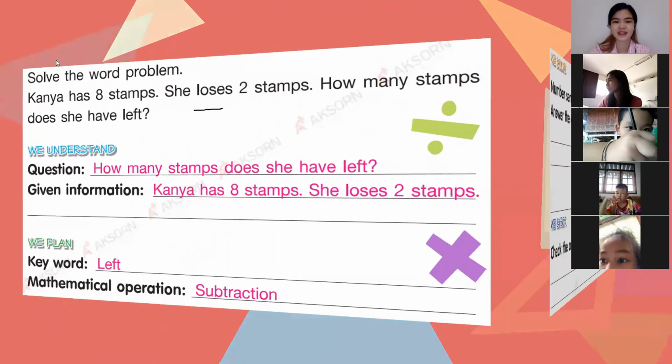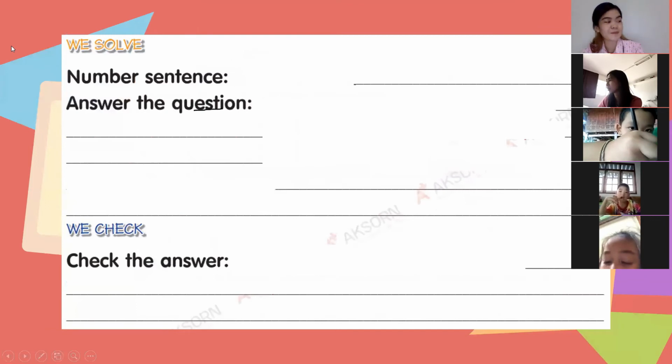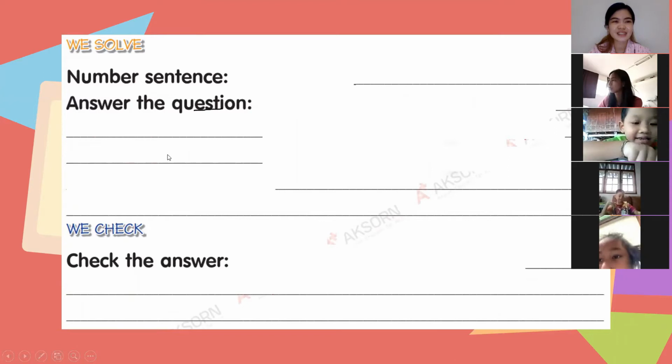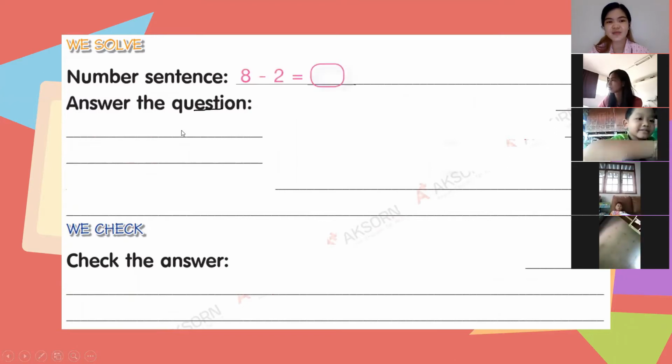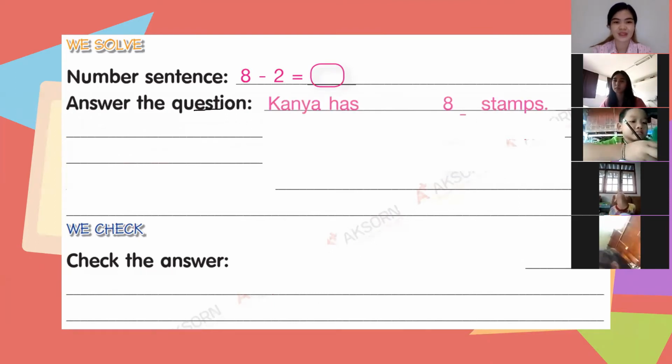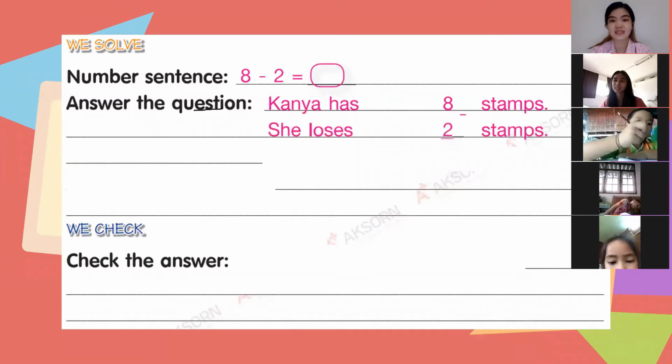Okay, so let's move on to solving the word problem, okay? So we're going to write the number sentence, which is 8 minus 2 is equal to blank. And then after that, we're going to answer the question. So Kanya has 8 stamps and she loses 2 stamps. So what will be the answer? So 8 minus 2 is equal to